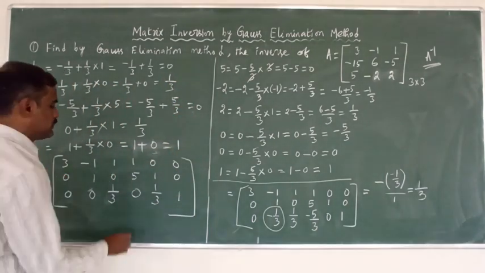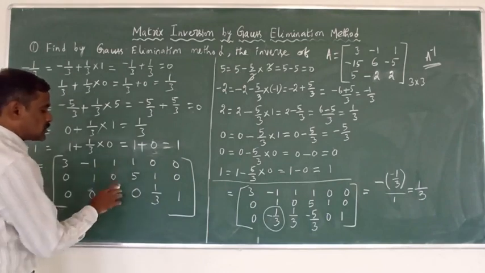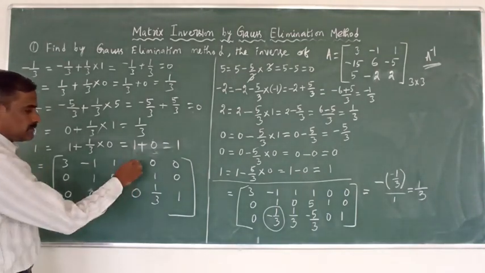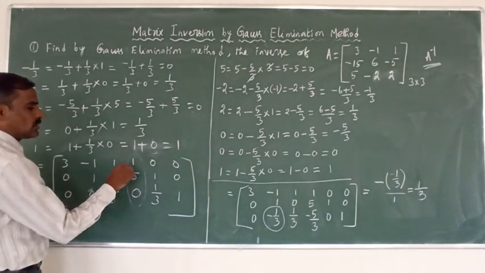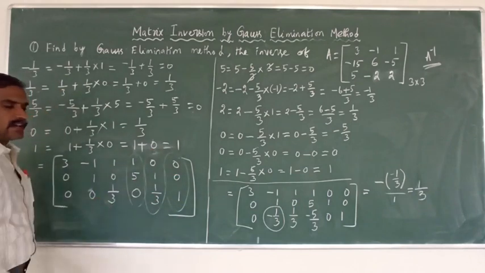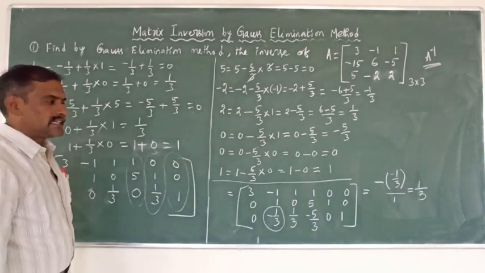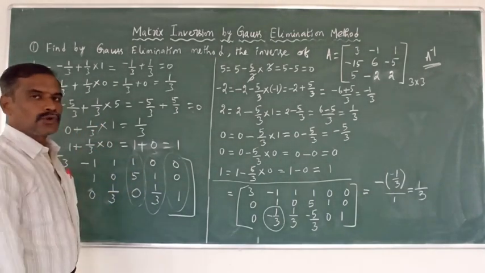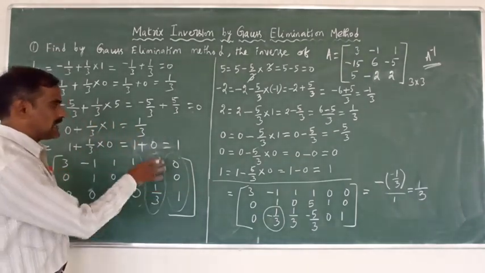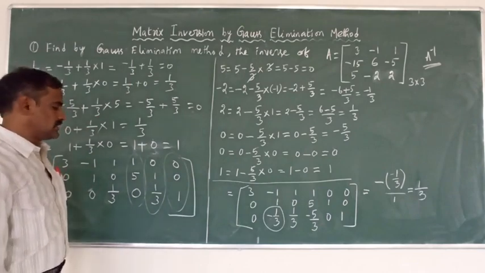Now there are 9 equations we will get. First we have to separate column 1, column 2 and column 3. Now to solve all the 3 equations, we will get the x11, x12, x13 up to x33 values. Now the values substitute in A. This is the formula for the inverse method.